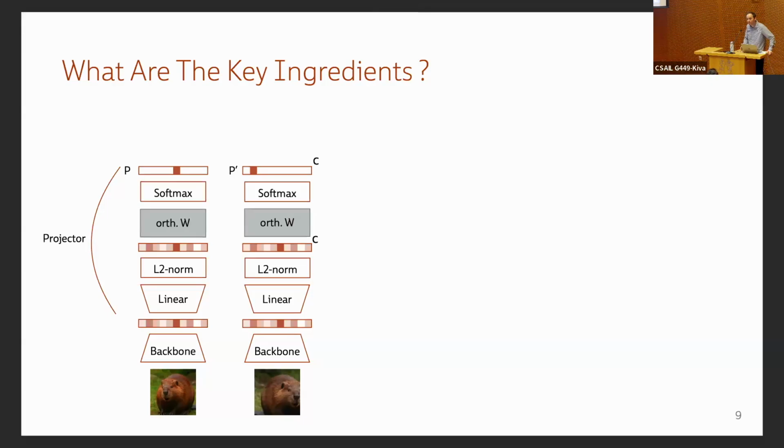Sorry. So you have this matrix, let's say, where the columns are orthogonal to each other. So this is our projector, and then we provide the loss function, which consists of two terms.